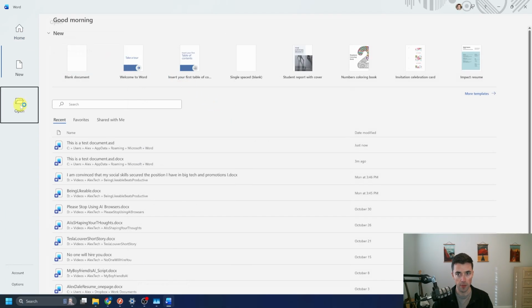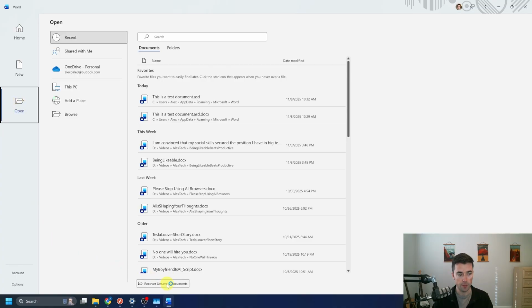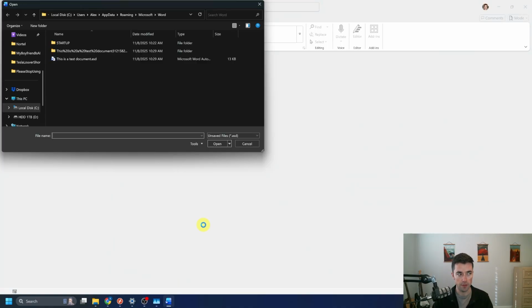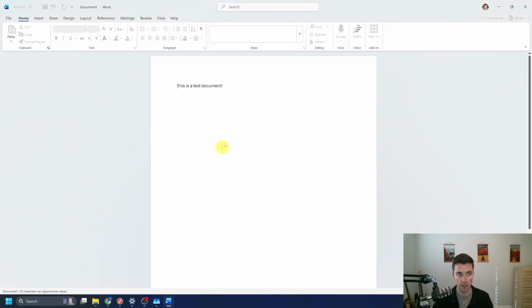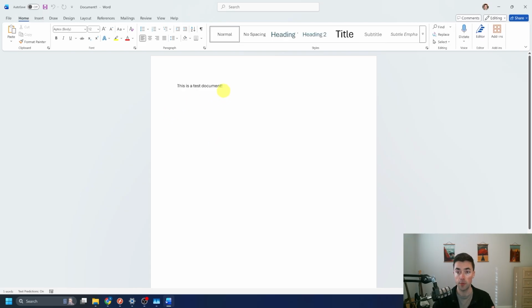we want to go to Open on the left-hand side here. And on the bottom, navigate to Recover Unsaved Documents. This will open up a folder where Microsoft puts in Word files that it tries to automatically save every 1 minute or 5 minutes or 10 minutes with these .asd extensions. So go ahead and open the .asd extension if you see it in there, and then boom, you've got your